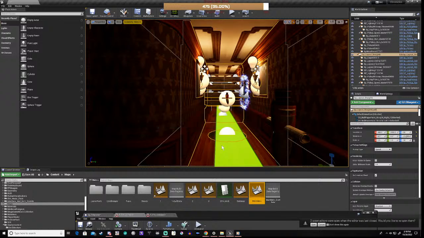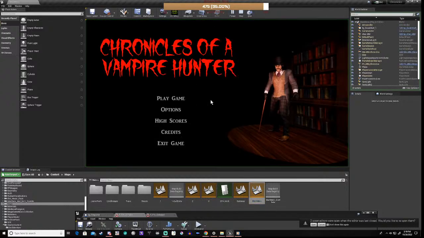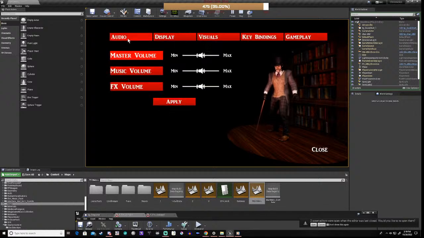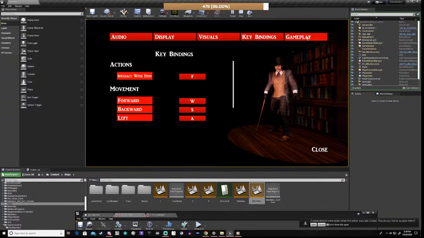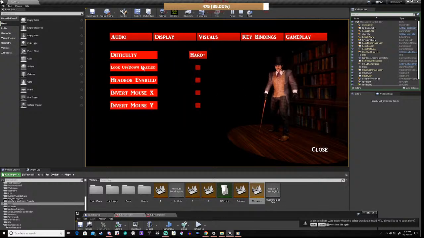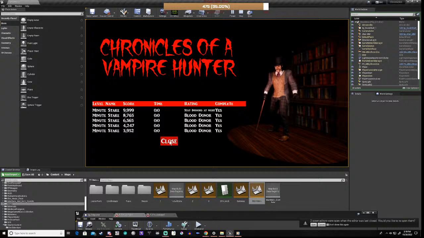Right, so we'll go through the menu plus the gateway level to show you what's been changed basically. So we've now got options, and you've got all these, and these all work, and we have gameplay options now, right? You can change difficulty, you can look up and down, head bob, enabled or disabled. We're going to enable those two, then we'll close that. High scores, we have a high score table, and we're also ready to implement